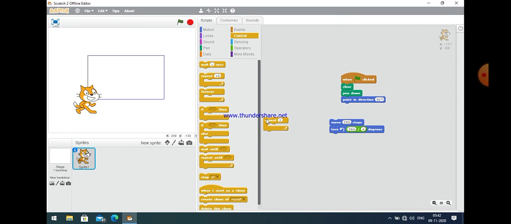Now it's time to create a pentagon. For a pentagon, we take the angle 360 divided by 5.